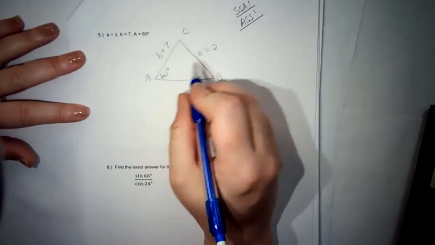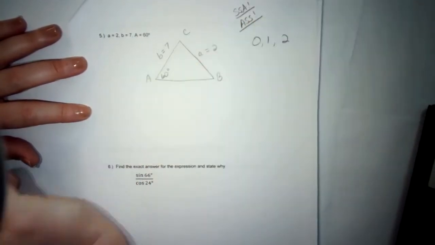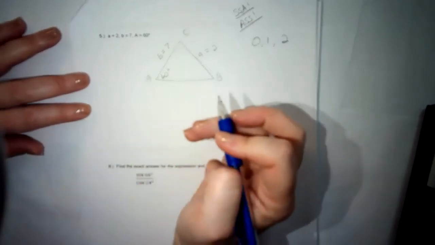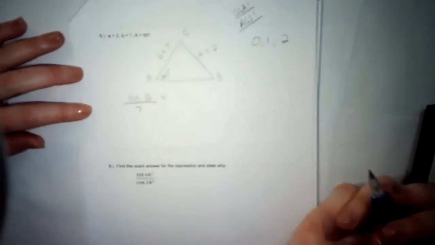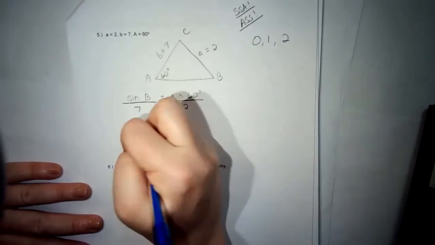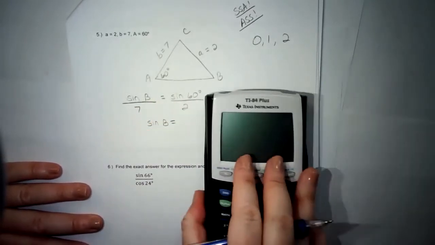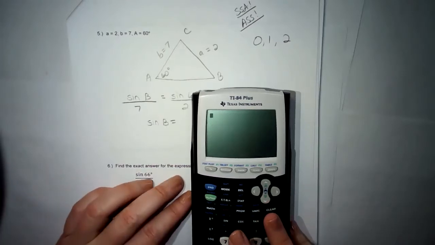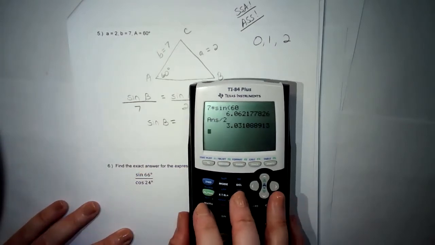So I have all the information for A. I want to solve for side B. So remember, here are our choices for that case. I'm going to solve for side B, I'm sorry, angle B, which is over the side of 7, equals sine of 60 over the side of 2. Okay, let's do our calculator work here. I'm going to do 7 times the sine of 60 divided by 2, and I get